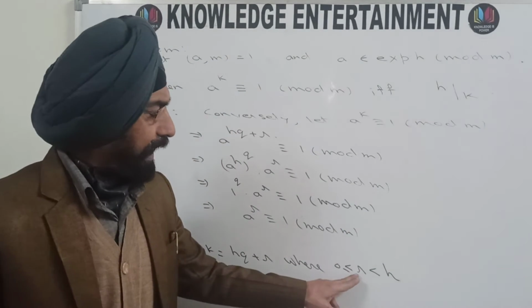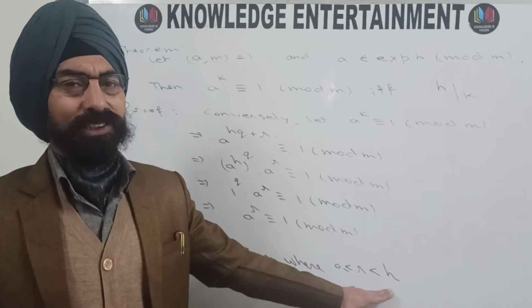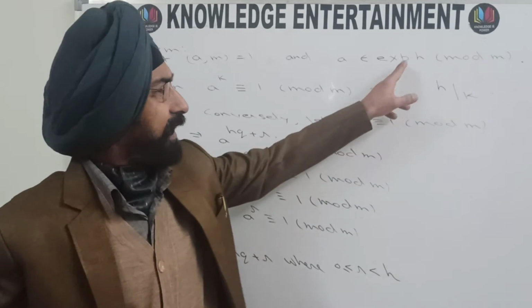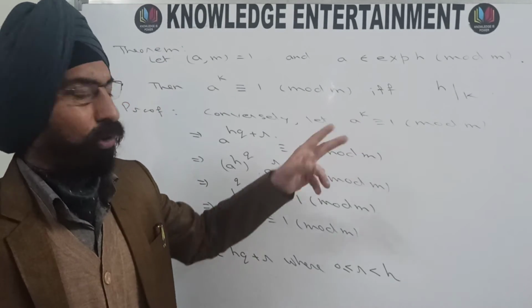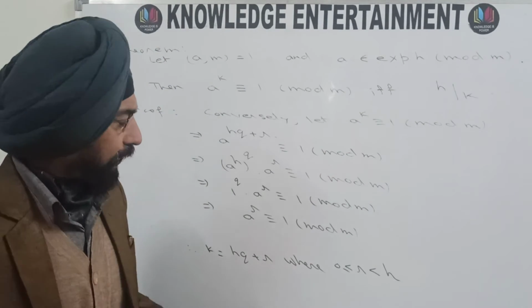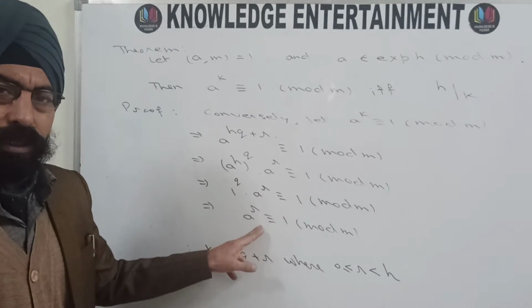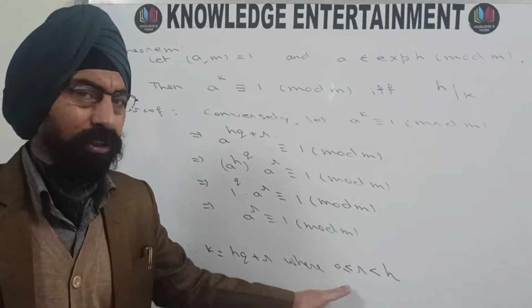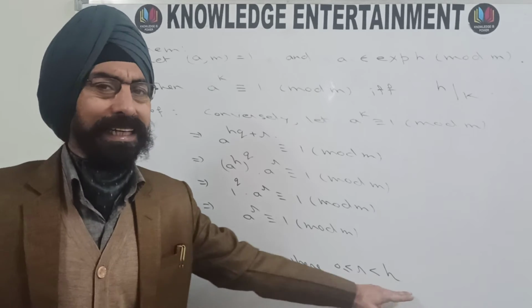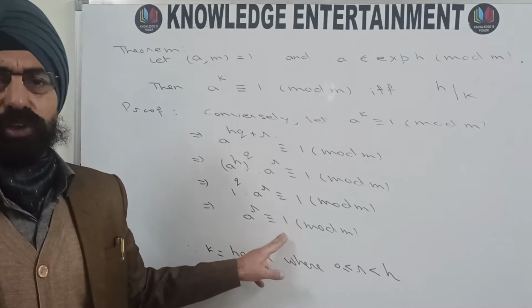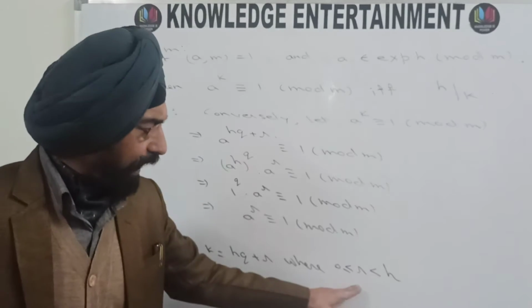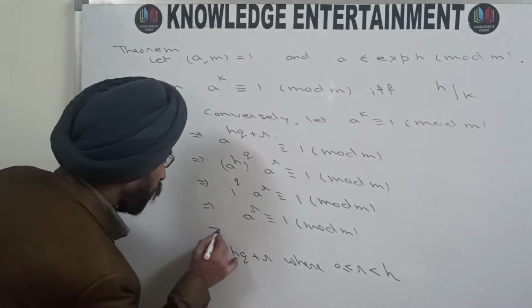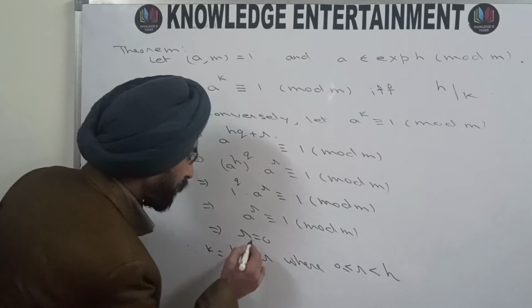Now r is strictly less than h and h is the smallest positive integer such that a raised to the power h is congruent to 1 modulo m. So that means this is true if and only if r is equal to 0, because r to be a positive integer less than h, satisfying this condition is not possible because h is the smallest integer satisfying this condition. So r must be equal to 0. So from here we get that r must be 0.